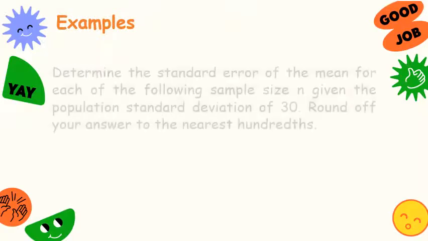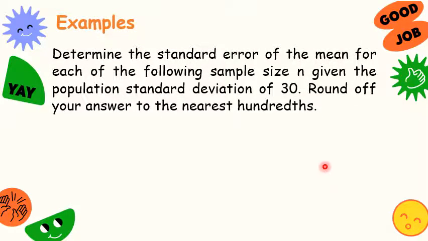Okay, so let us have examples. Determine the standard error of the mean for each of the following sample size n. Given the population standard deviation of 30, round off your answer to the nearest hundredths. Letter A, if n is 5. So, ang given natin dito ay ang ating sample size is 5, the standard deviation is 30. So, using the formula,